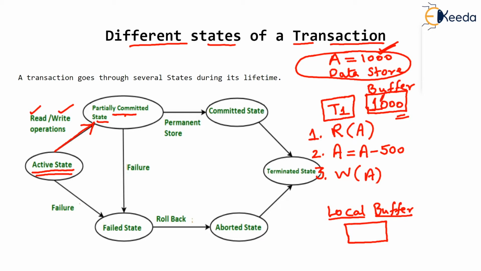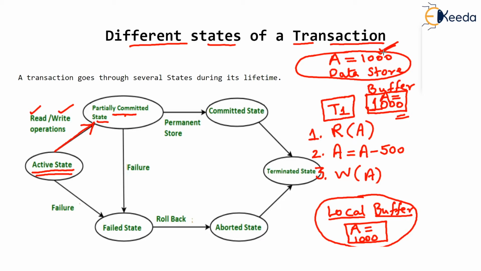Here A is equal to 1000. But who was requesting the value of A? Obviously T1 was requesting the value of A. It wanted to read the value of A, so A has come into the buffer from the data store. Now this value of A will be then copied to the local buffer. Here I am writing at the bottom: A now in the local buffer of T1 is 1000. So good. T1, who requested the value of A, has now got the value of A in its own buffer. This is the local buffer of transaction T1.